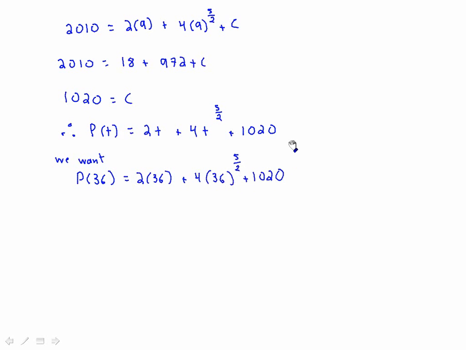So drive that straight through. 2 times 36, 72, plus 4 times 36 to the exponent of 2.5 plus 1020, and we're going to get 32196. So P at 36 is equal to